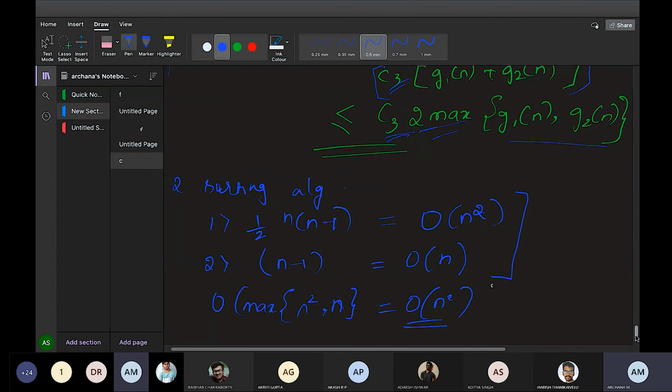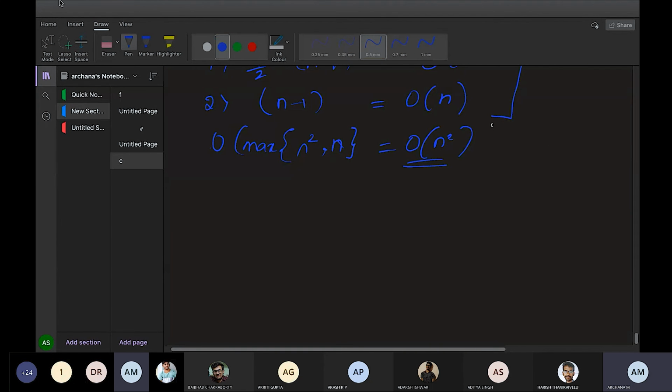So this is the first property. Now we will go with the second property, where we will be using limits. Using limits for comparison of order of growth. Whatever we read, big O and so on, these are all known as asymptotic notations, or even these are also known as order of growth. Anything you can specify.